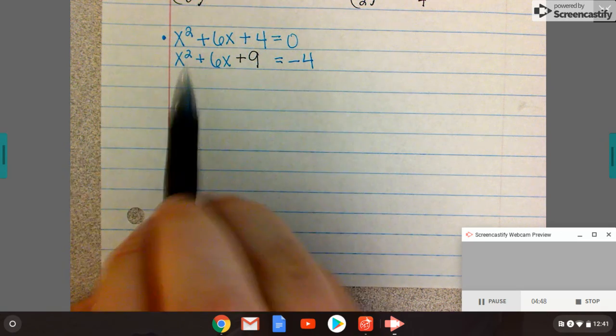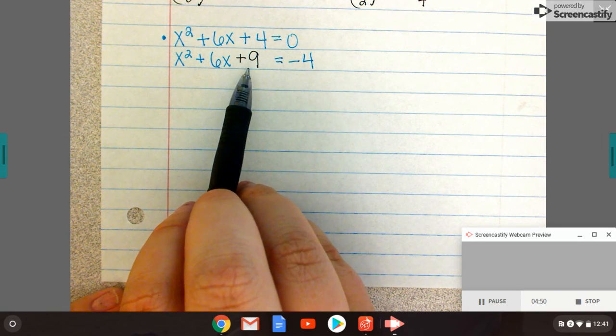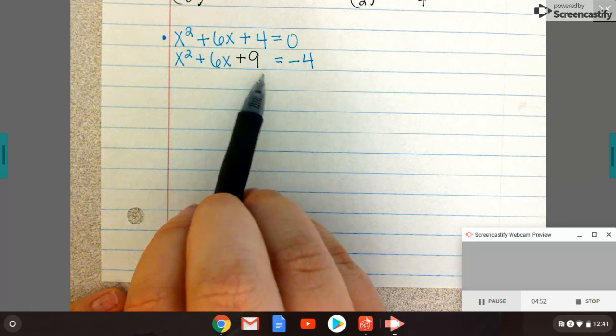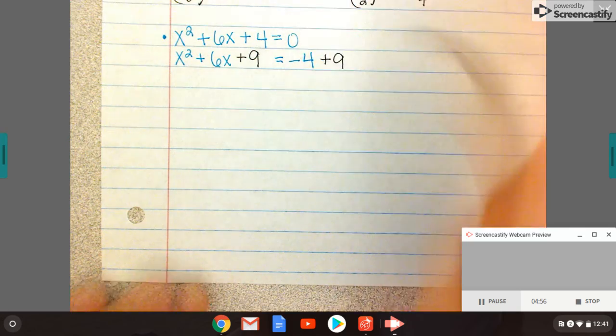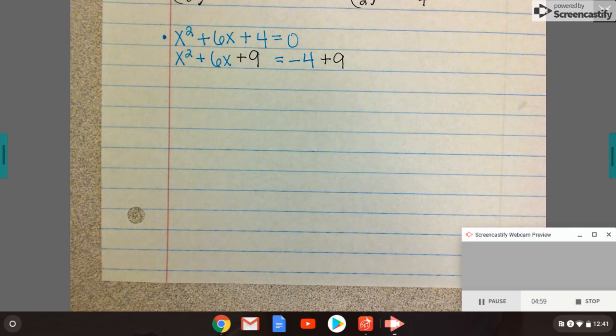But here's the deal. I can't just add 9 to one side. I need to do everything to both sides with equations to make it still equal. So if I add 9 to the left, I also have to add 9 to the right. Now, my left side, it'll work out to be